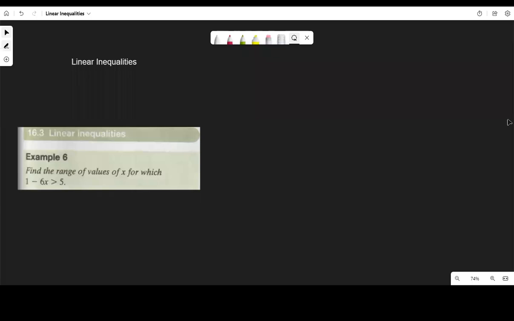In this class, we're looking at linear inequalities as a continuation of our revision series for WAEC students. And since it is a revision class, I will go into question right away. The first question here says find the range of values of x for which 1 minus 6x is greater than